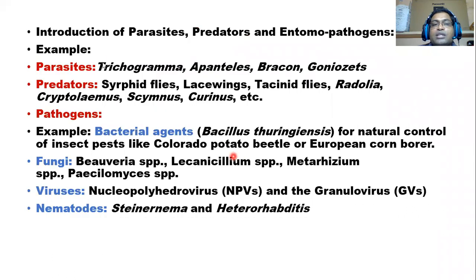So I told you there are three ways: parasitoids, predators and pathogens. Parasitoids mean these are wasps especially. These wasps can easily destroy the eggs, larva and pupa of an insect. For example, one such famous one is Trichogramma. You can use this as an egg parasitoid. They are small insects, and the pest egg may be bigger than the Trichogramma. They will lay their egg inside that pest egg. So then there is no catching.